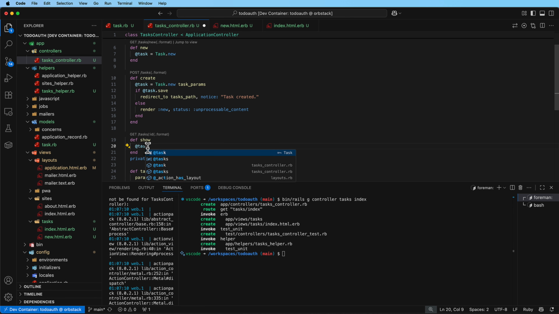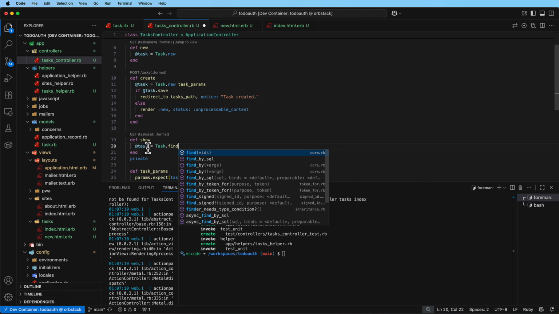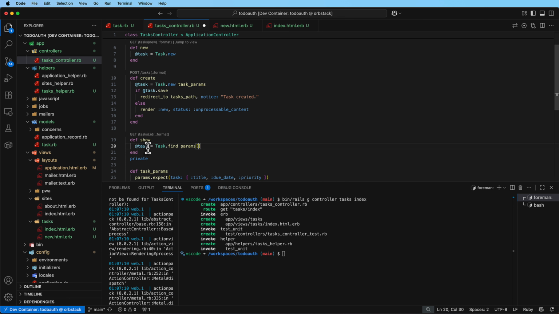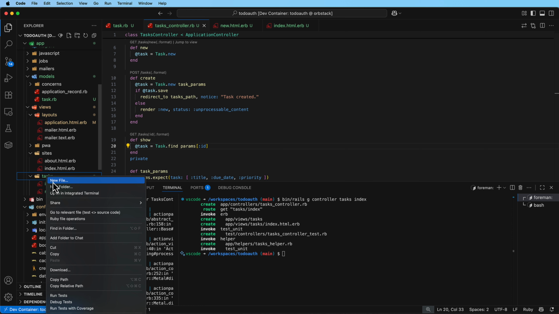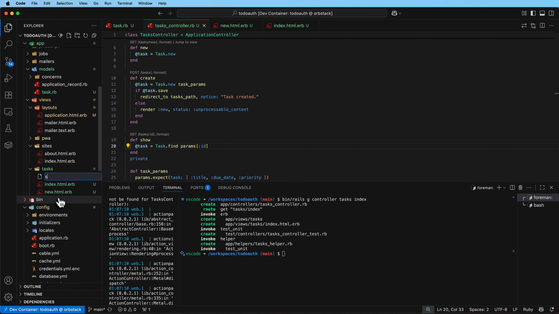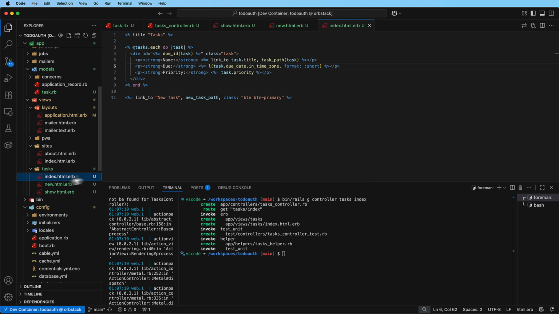And what we'll do is we'll load the task out of the database by doing Task.find and use the params that have the ID, and this is the ID in the URL. So we're going to try to pull that task out of the database. And if it works, we'll just go down here and we'll select the show view. So we need to add a show.html.erb in here. And now it might be tempting to copy and paste this code into our show view, but